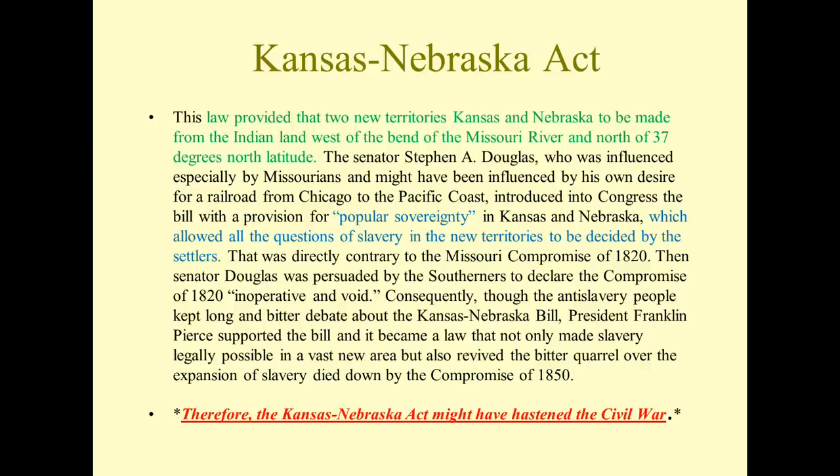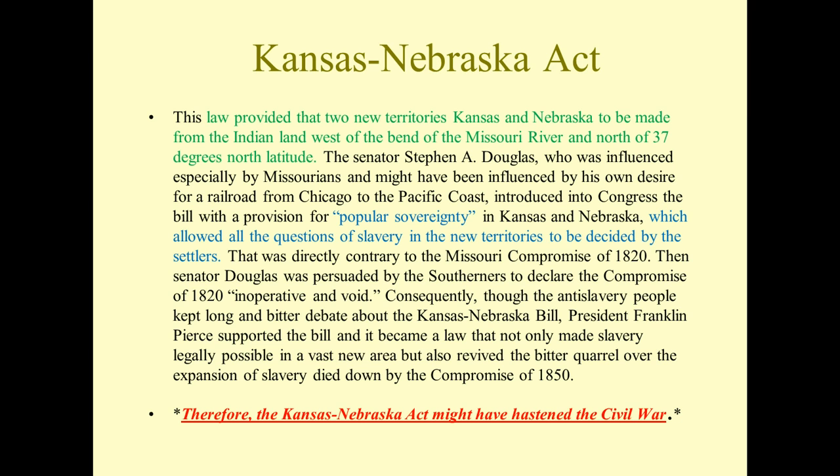And so this gets rid of that whole idea. Again, it has a whole bunch of issues that we can discuss, and you'll see as we talk about the Kansas-Nebraska Act later. But again, it's a big issue, and as you see at the bottom in big red letters, the Kansas-Nebraska Act might have hastened the American Civil War, because the people who came out of Kansas, Nebraska, were people like John Brown and Harriet Beecher Stowe and all her family, who were very anti-slavery and